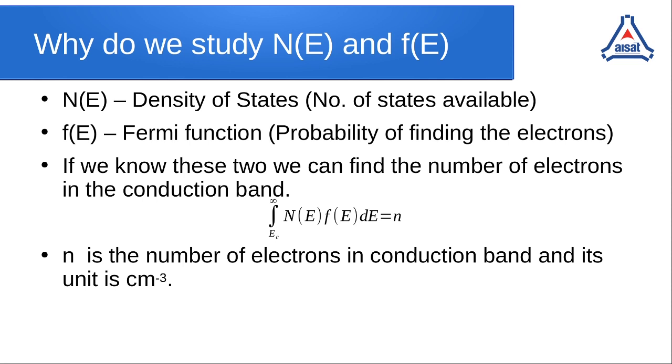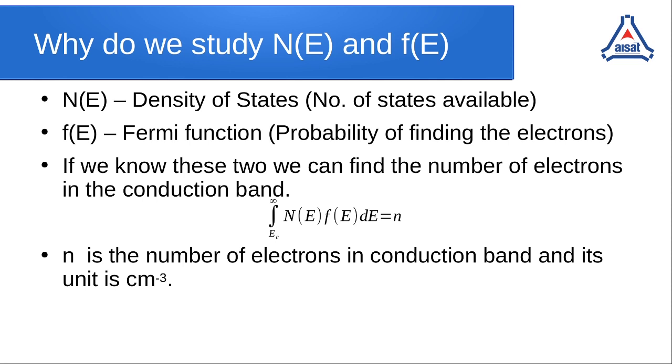From the bottom of the conduction band till infinity is called the conduction band. The product Ne into Fe, if we integrate with respect to energy with the limits EC to infinity, we will get the number of electrons in the conduction band,